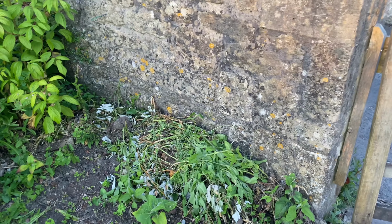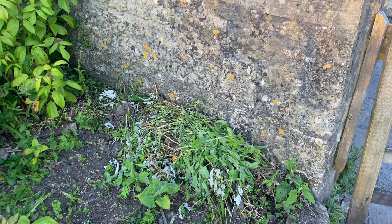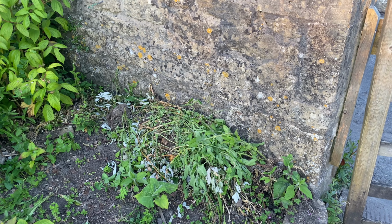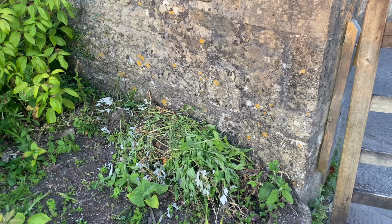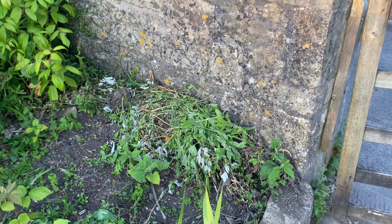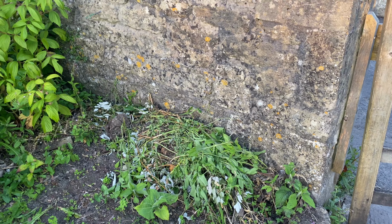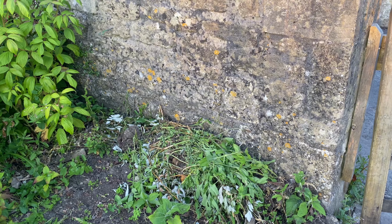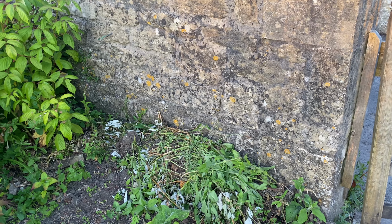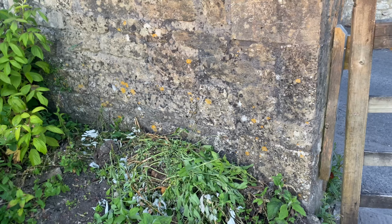I dug them out at the start, but they're either really deep or I've missed some, but they're quite hard. I've tried growing some in the past, and they always just seem to die off, but this time round I've managed to inherit a patch of them, and I can't get rid of them. So that's what everyone always says, once they're there you can't get rid of them. So I'm just going to slowly keep pulling away, and I imagine it's going to slowly fade as we go,